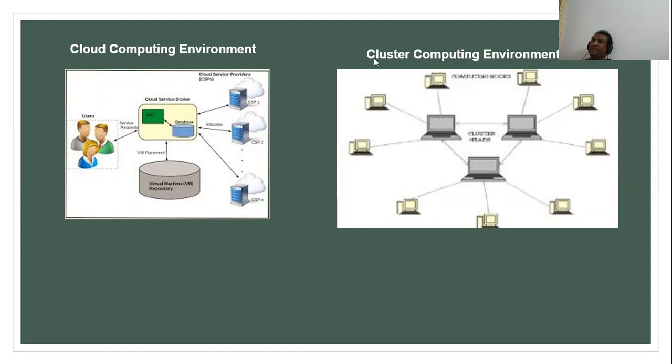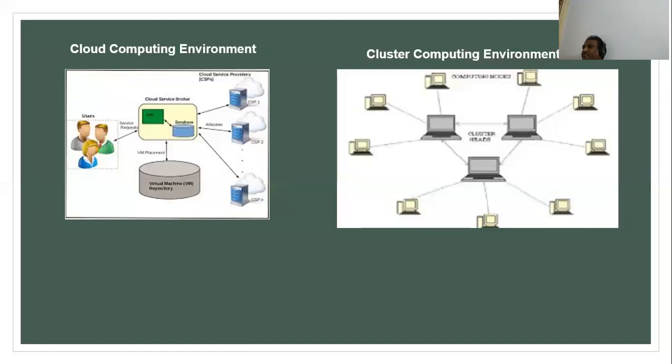The next thing we have is the cluster computing environment. This is what we saw in the previous class also: cluster computers. A huge number of computers are connected to servers. Here also you can see the same thing: all the computers are connected to the servers in between. Though you might feel it looks almost like distributed, what is the difference?